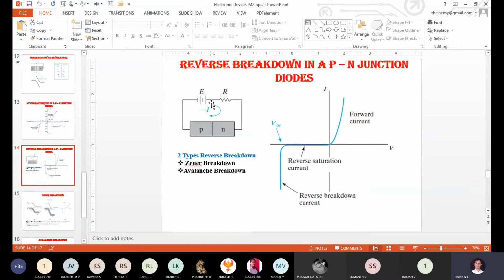So if I use one proper resistance connected externally, not internally, since in a PN junction diode we cannot build it in, we connect it externally. But in a Zener diode there is an internal current limiting resistance for avoiding the damaging of that Zener diode. But in a PN junction diode we have to use the external resistance for avoiding the permanent damaging of the PN junction diode, under forward bias condition or under reverse bias condition, correct? This is one way to enhance the lifetime of the PN junction diode.